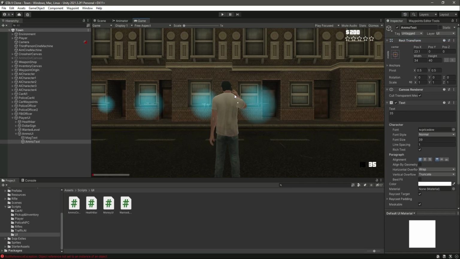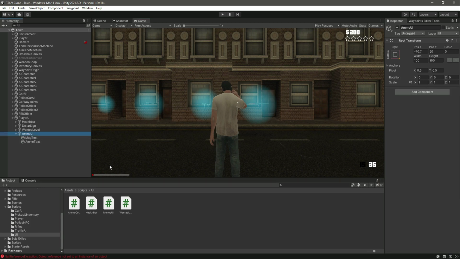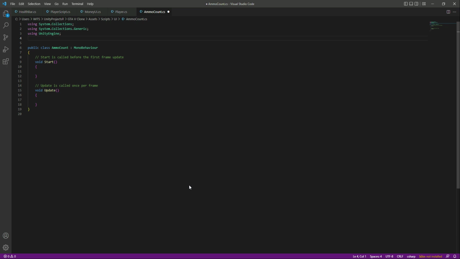Okay, now let's minimize, and as you know, we have created the ammo count script, so let's just drag and drop this right here, and let's open this up. Right here at the top, first of all, we will say using UnityEngine.UI. Then let's remove these two functions. Then at the top we will create a reference to our magazine text and our ammunition text. So we will say public Text. Let's add a reference to our ammunition text, then to our magazine text, and then after this let's create an instance for this. So we will say public static